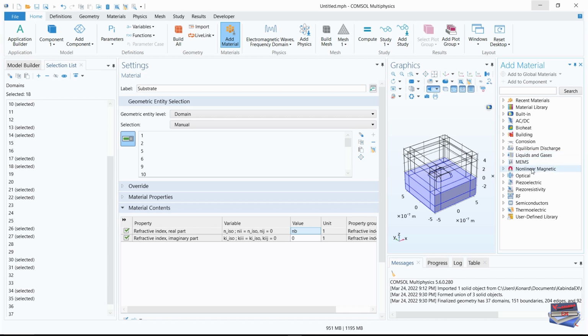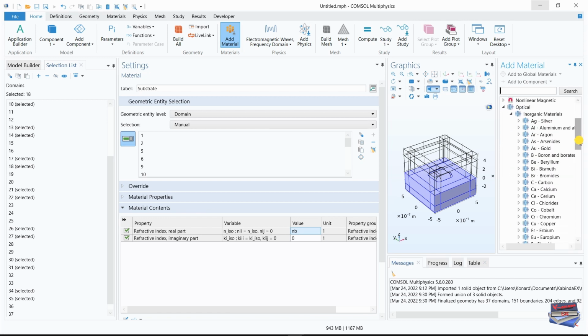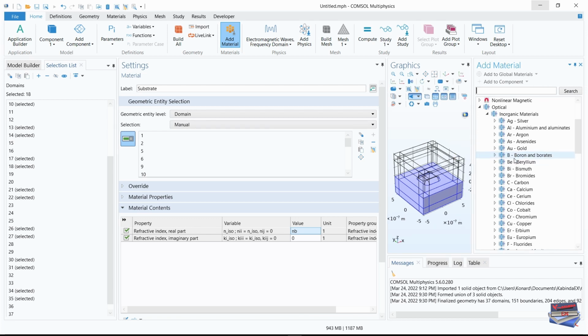So let's look for optical. So it's loading, and we need inorganic, my favorite word. And let's go to gold right here,